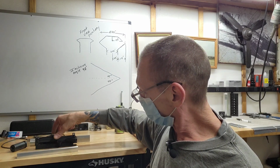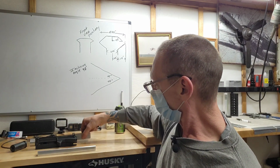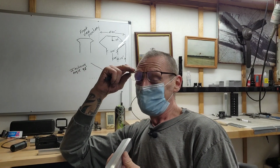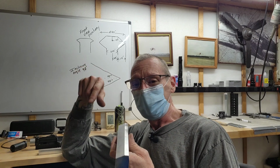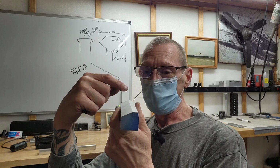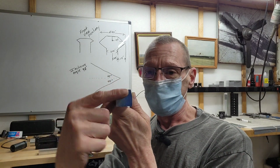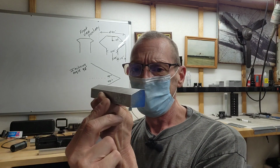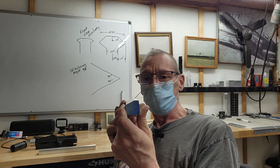So anyways, I'm going to set this piece of aluminum up here in the mill. I already warmed the mill up. I already took the rotary table, or indexing fixture, off the mill from doing the barrel nut yesterday, and I indicated the vise in. We're going to put this in. We're going to use our face cutters, and we're going to cut this angle off back here. We're going to bring it down to that corner and this corner,